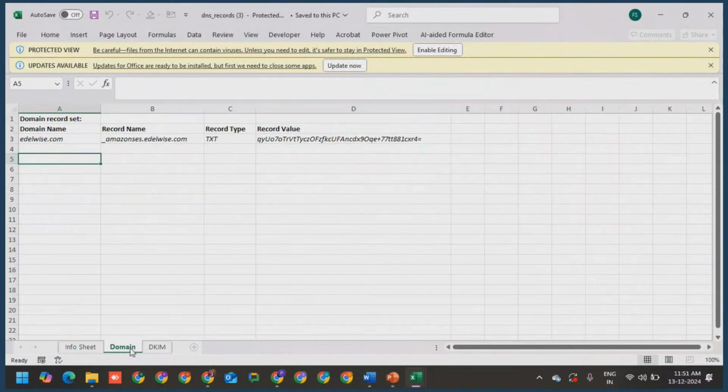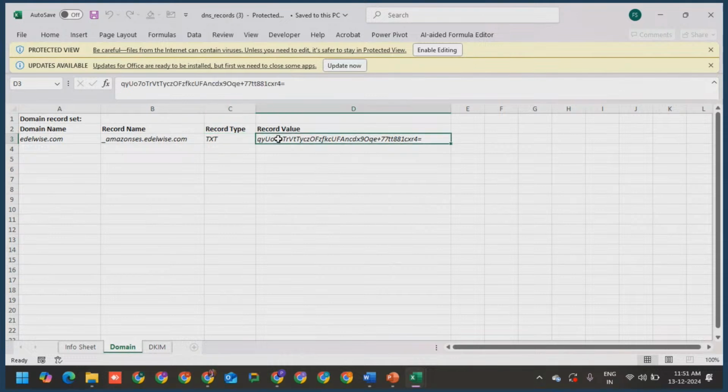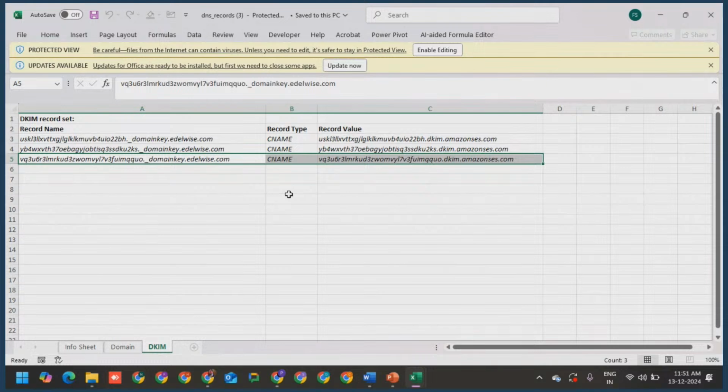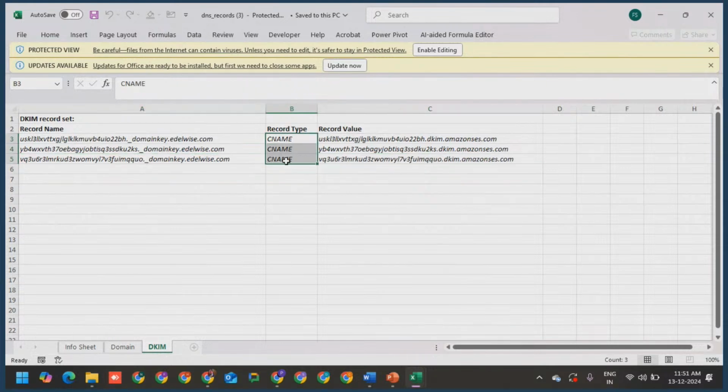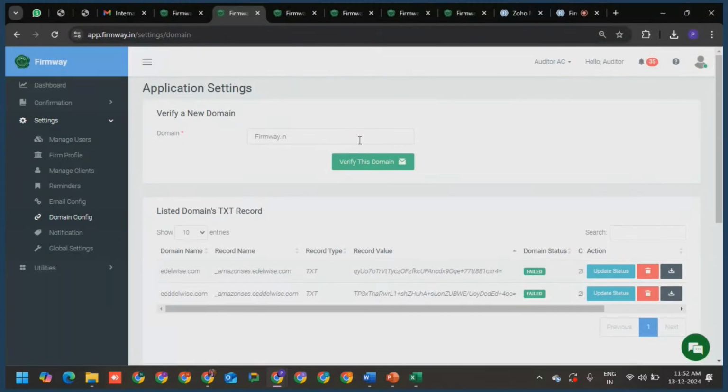Then we have two additional sheets: one is domain, one is DKIM. In the domain sheet, you have record type text. They have to publish these records with the value and the name on the server. Further, the CNAME records will also be published in the same way. Once your IT person confirms this is done, you can simply come back in here